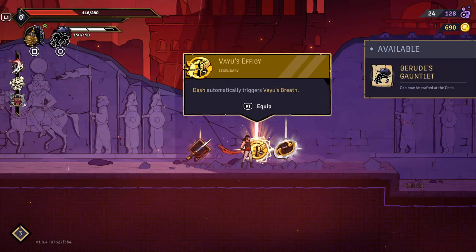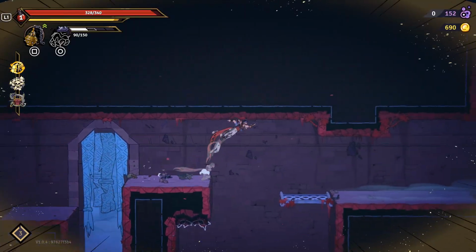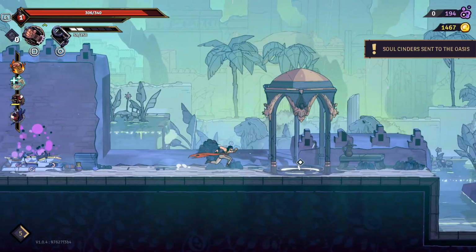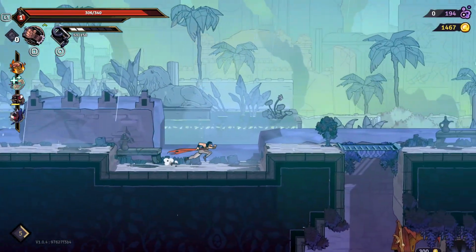And one of my favorite medallions, Vayu's Effigy, automatically triggers Vayu's Breath whenever you dash. Have fun with endlessly running at top speed throughout your run through. Aside from finding them regularly during your runs through the different levels in the game, you can also find medallions